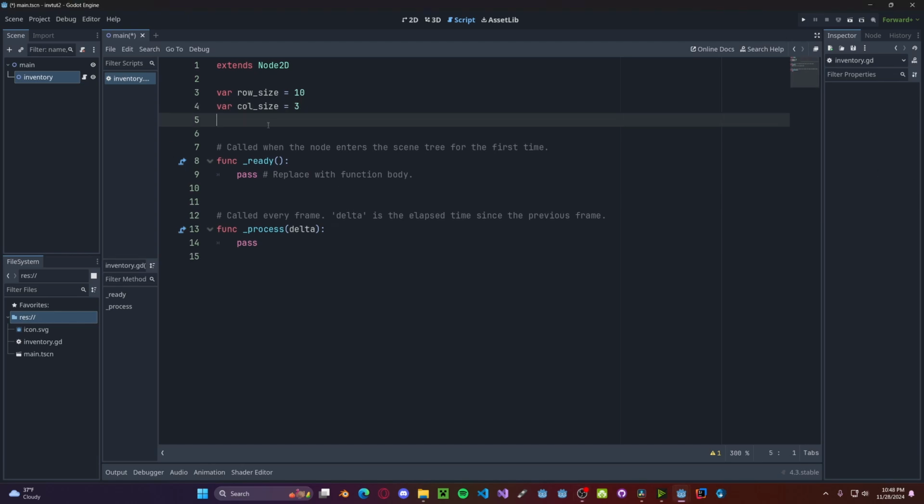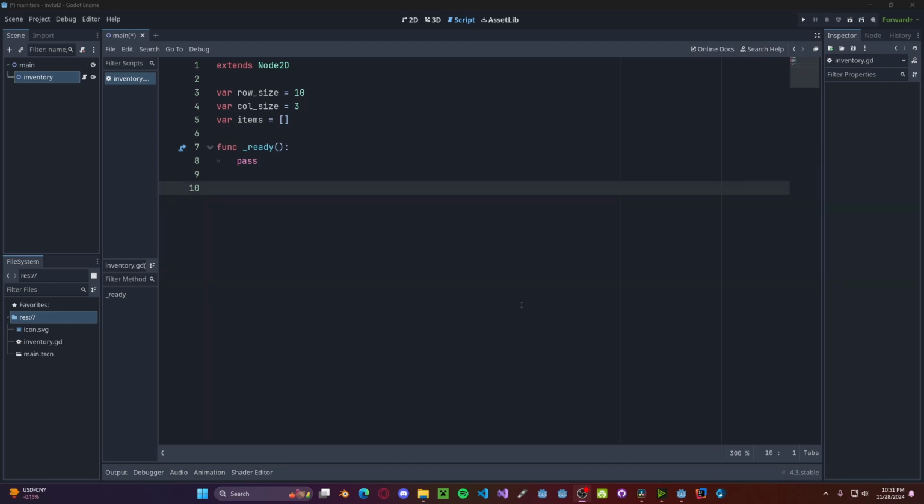Next, we need a variable to hold all of our items. So items. The best way to handle our items is with a double array, where we can enter in an X value and a Y value to actually get the correct item in the grid. However, Godot doesn't support this out of the box, so we're going to have to do a bit of a workaround to get that. To achieve this, in a ready function, we'll create a new for loop,